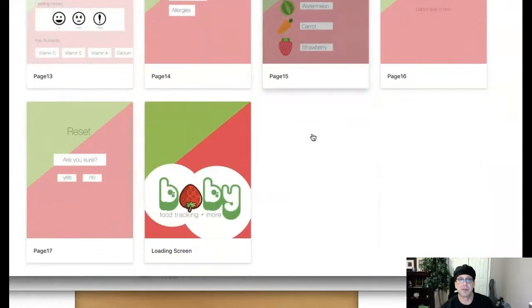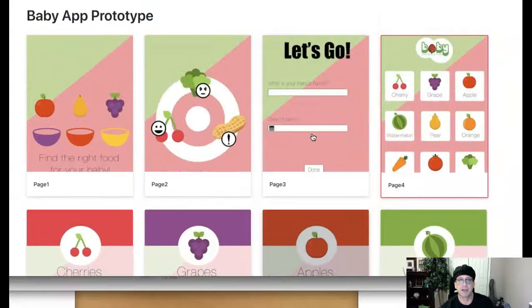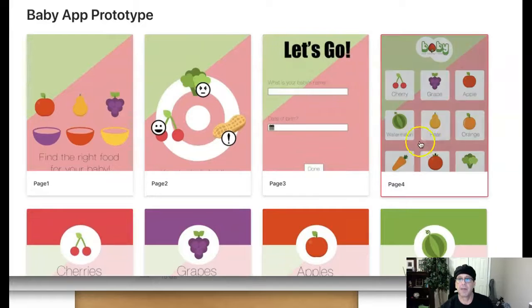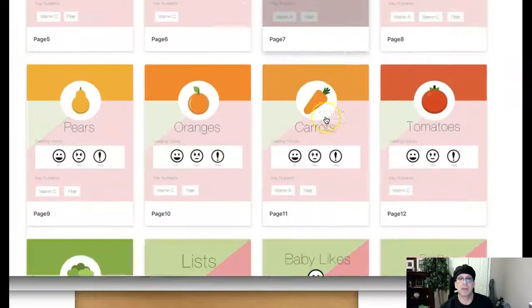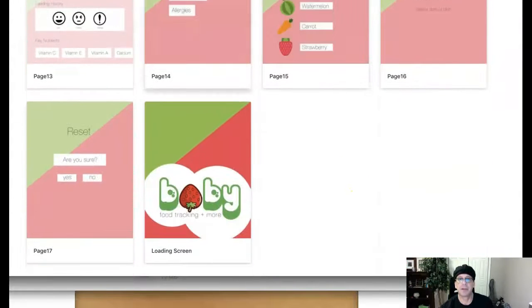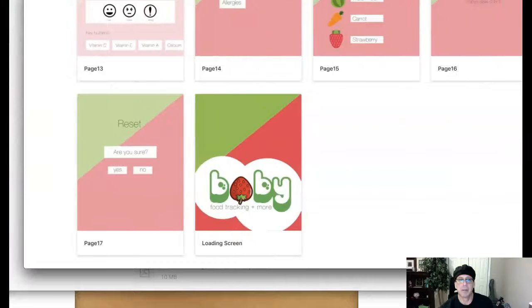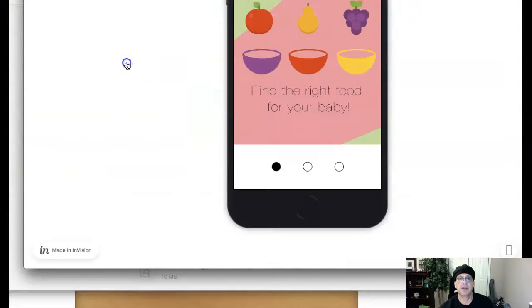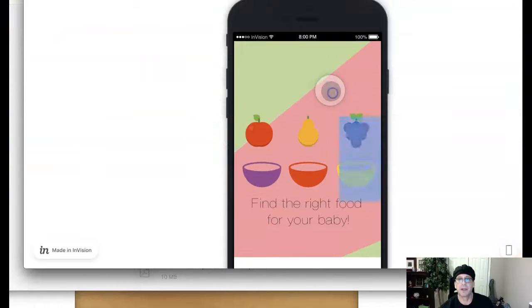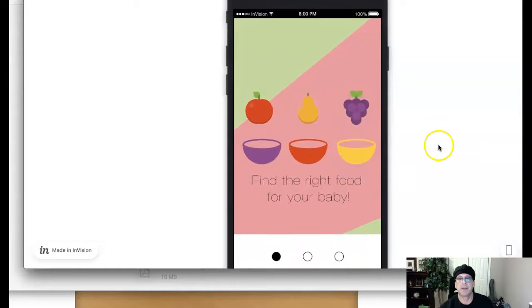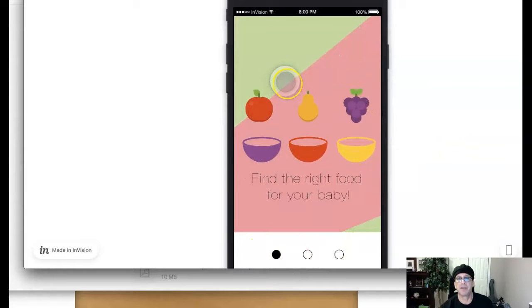So I would have liked to have seen a section that goes into more of the savory foods instead of just basic fruits and vegetables. The task flows are a little bit difficult to follow. Let me show you what I mean. Let's start by going to this page right here. So we start at this page, right? Okay, and as I said, at this point, wouldn't it have made sense to start with